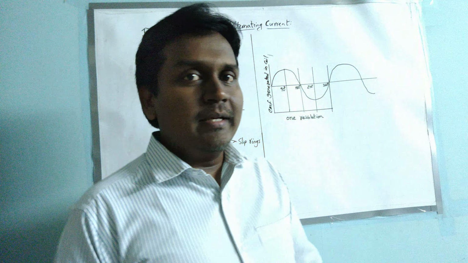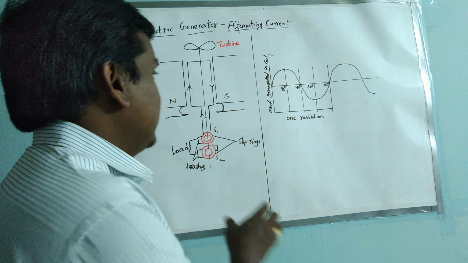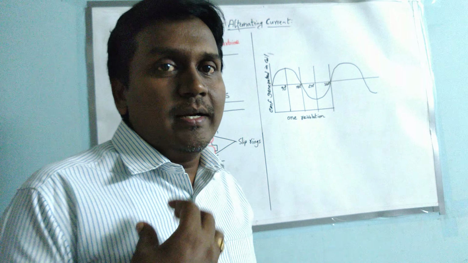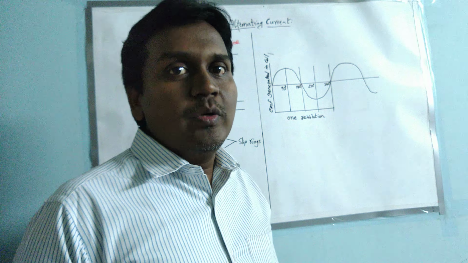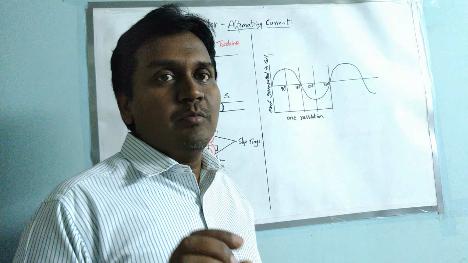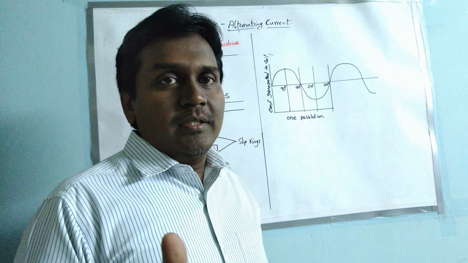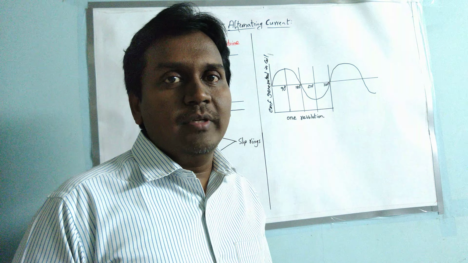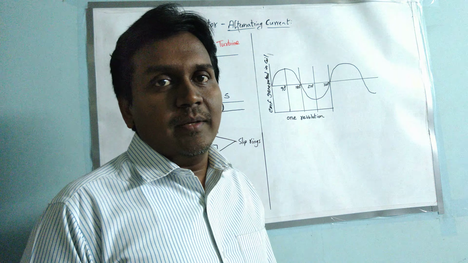So if you consider, the diagram seems to be like this. This is an AC generator. Here in the motor we are supplying some electric current, and we are making the rectangular shaft or armature to rotate. By that the electric motor rotates. Why? Because the armature is placed in a uniform magnetic field and it starts rotating.